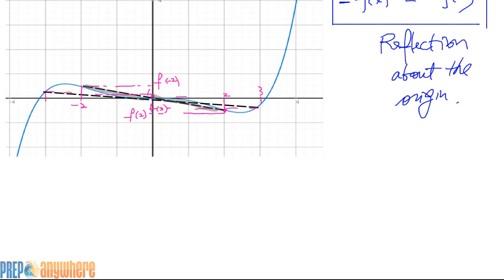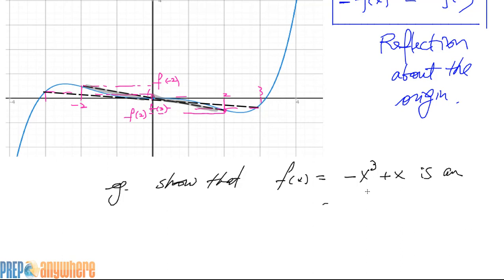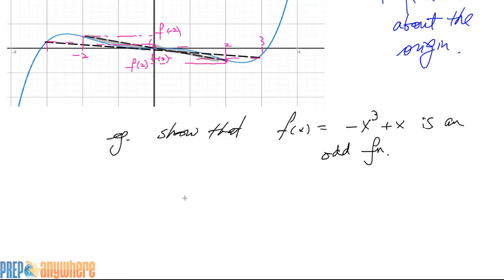Okay, let's do an algebraic example. Show that f at x equals minus x cubed plus x is an odd function. Okay, this is what you do. You always plug in -x, and you try to see if you can convert this expression into the negative of this expression. So just plug it in first, like this,